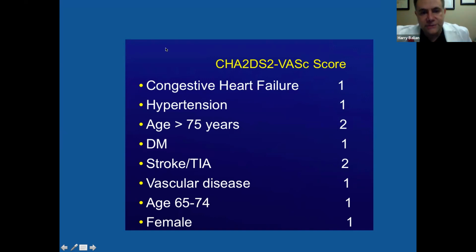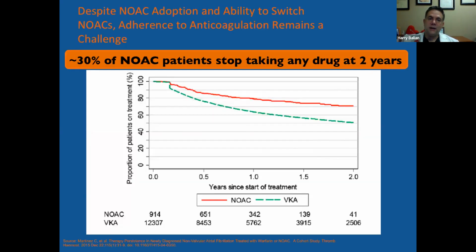Now, if the CHA2DS2-VASc score is 2 or less, the risk of bleeding outweighs the risk of anticoagulation in patients. So aspirin suffices in some of these patients, unless they're 75 and older, then they should be anticoagulated. If the CHA2DS2-VASc score is 3 and above, their stroke risk is exponentially higher as the numbers go up. 3% for CHA2DS2-VASc 3, and CHA2DS2-VASc 5 is upward of 7 to 8% per year. So patients that stop taking their NOAC or their anticoagulation are at high risk of having cardioembolic stroke, just as